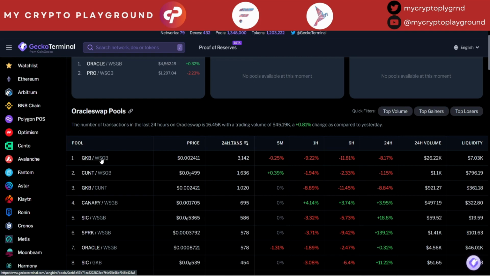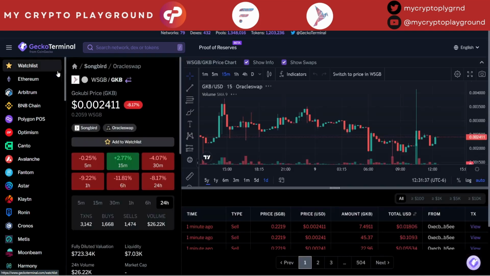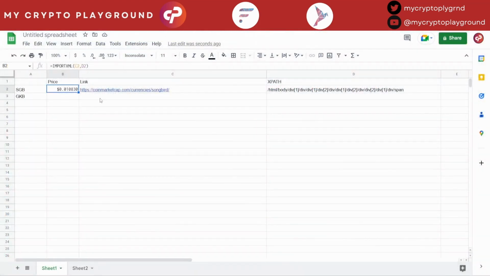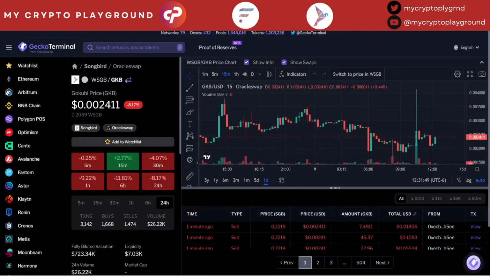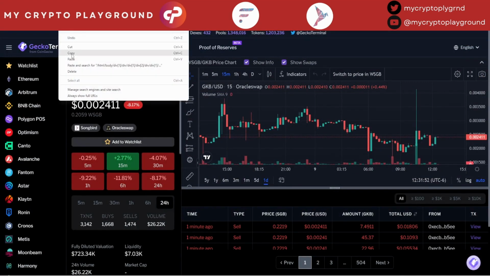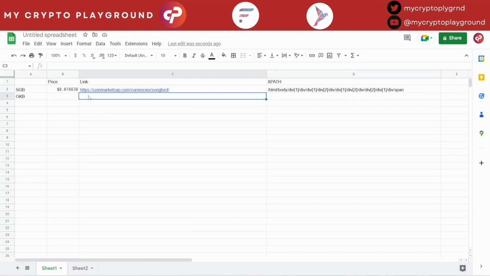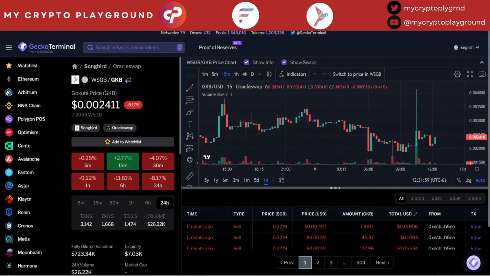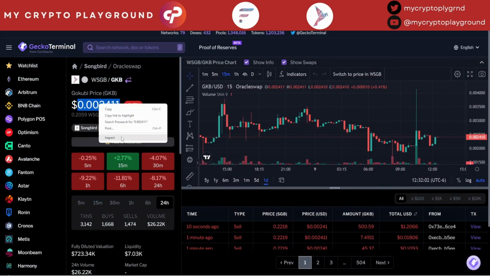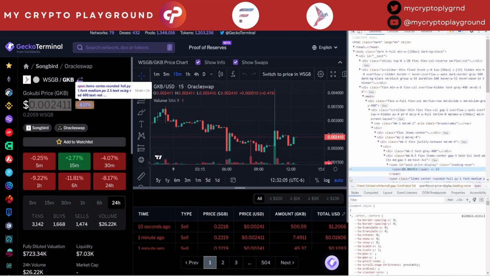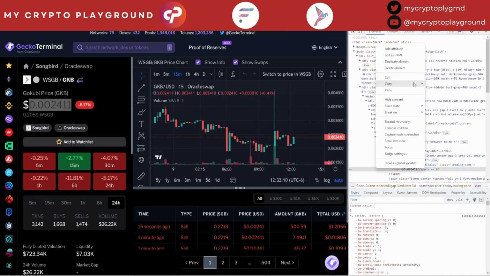So you want to click that trading pair right there, and then you want to do the same exact thing. So you want to get the link and you want to get the XPath. To get the link, what you want to do is just go here to the address bar, copy, switch over, paste. To get the XPath, highlight, inspect,